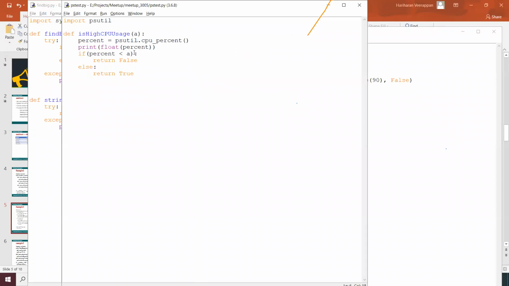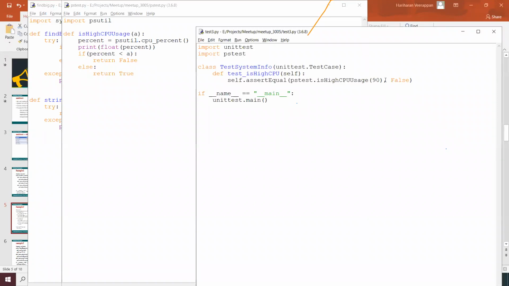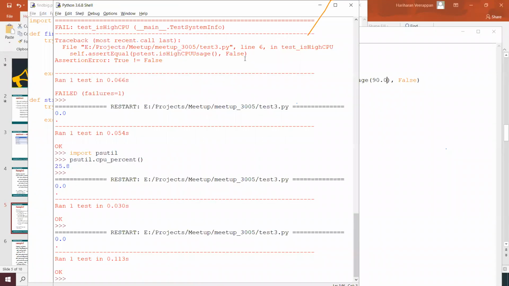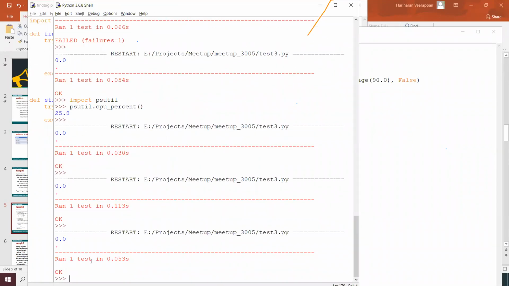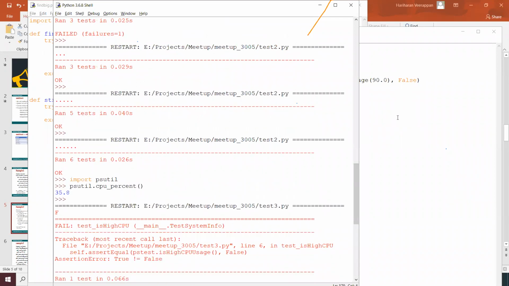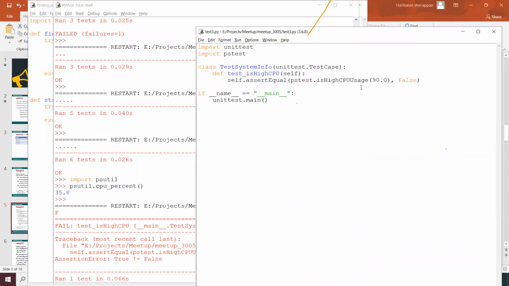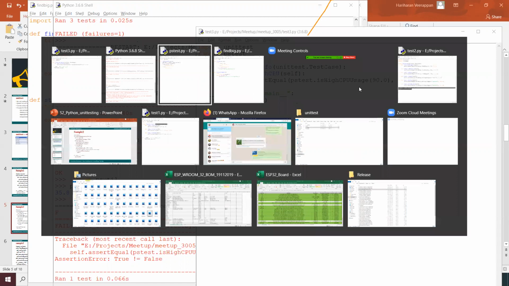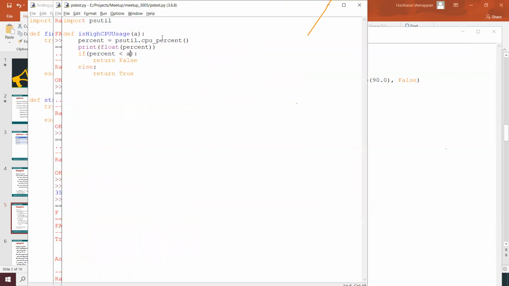Yeah, 90.0. It ran one test case, and maybe we can define the high CPU percentage, pass that information, and get the output over here.